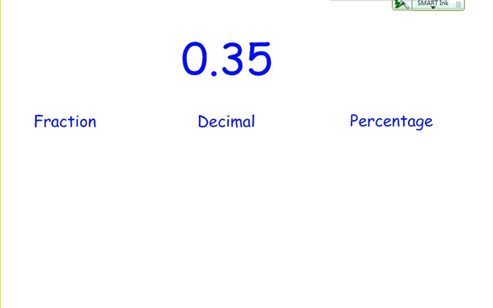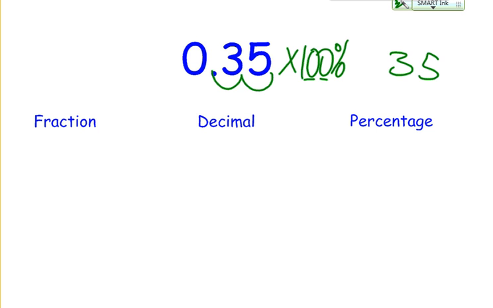All right, how about this last one? We start with a decimal. Let's go to the percentage. The percentage is easy, right? We just say times 100. If we times 100%, we can get that. When you multiply by a power of 10, you move the decimal to the right. So we go 1, 2, because there are 2 zeros. And so we very quickly have found our percentage of